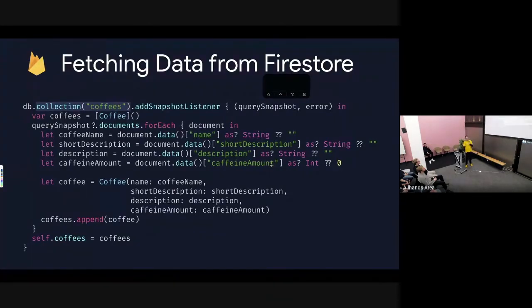Oh, that's a pretty big lag. Sorry. Okay, so